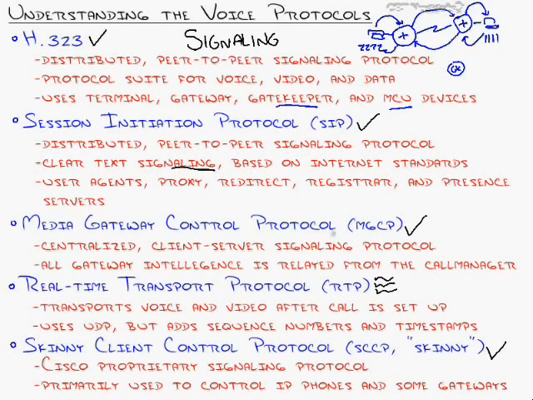The same group that developed HTTP and DNS and things like that developed SIP. So it uses very familiar things, like phone numbers are seen as email addresses and things like that. So SIP, very, very simple to understand. It uses user agents, proxy, redirect servers, registrar servers, and presence servers. And proxy is a type of server as well. These are all different kinds of servers that run the SIP networks. User agents, these are your phones. These are your routers that are making calls that are going through. All of these different server types are the servers that run it. Now again, high-level view, we'll be breaking all of those servers down in the nuggets dedicated to SIP in this series.